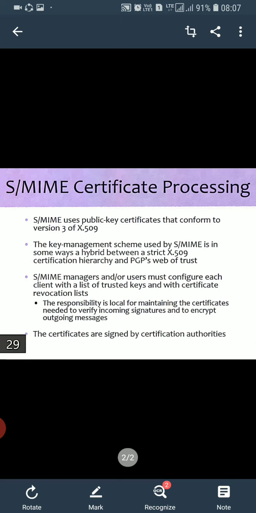It does not verify the person's name or business name.